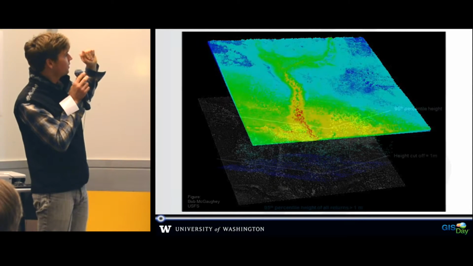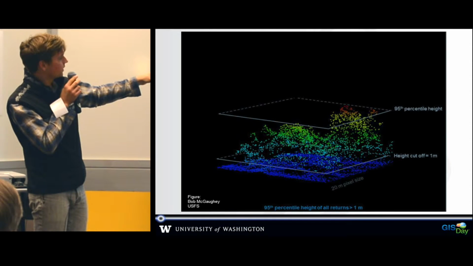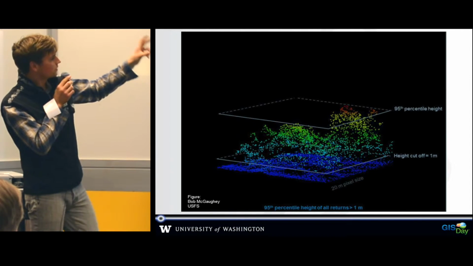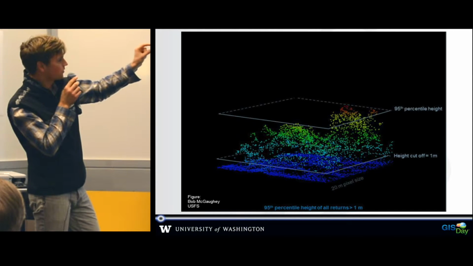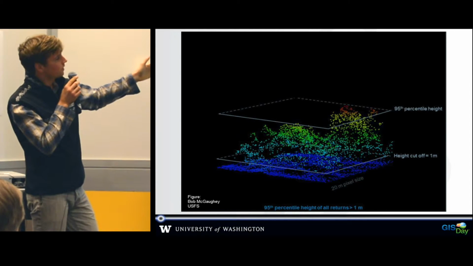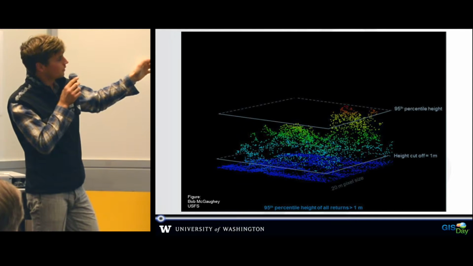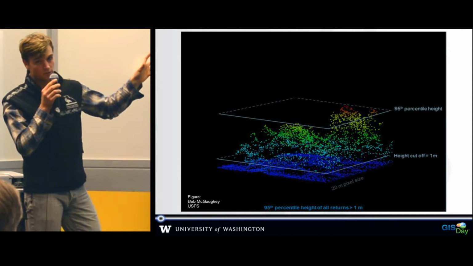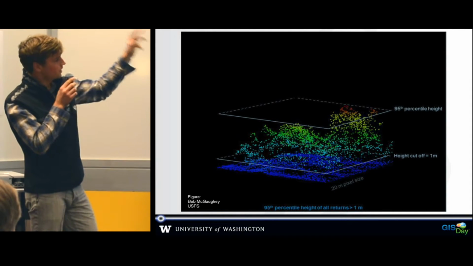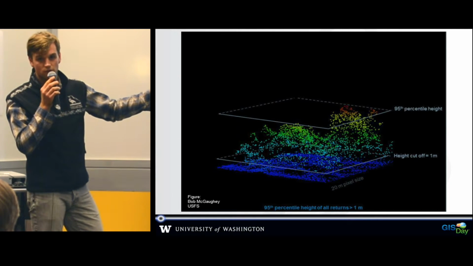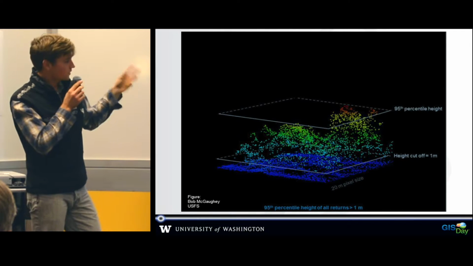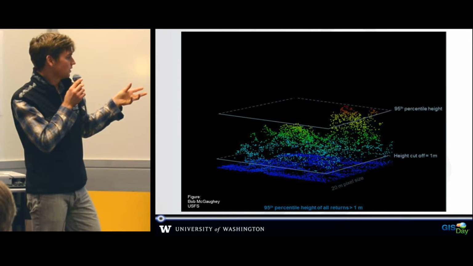So this is a figure I borrowed, so it's not from my data, but it demonstrates what this looks like in three-dimensional space. You have this really high resolution sampling of not just the top of the canopy and heights therein, but shows that LiDAR, depending on what your forest canopy looks like, penetrates a little bit deeper down in as well. So you have some representation of the understory when you're trying to define your really specific structural classifications.